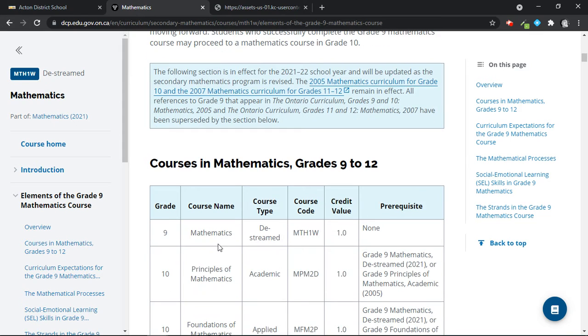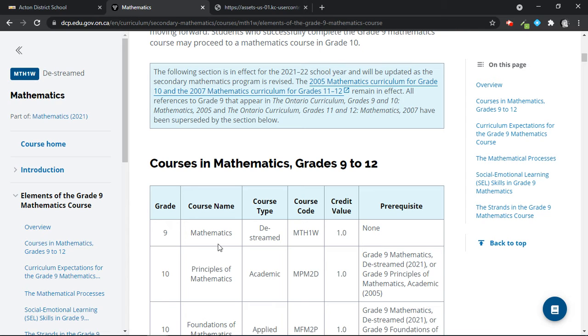The new curriculum will involve what you may term regular math. But then on top of that, we are adding in financial literacy, and some finances into the Grade 9 course, as well as we're going to be implementing some basics of coding and how to use coding within a mathematical framework. So there are some subtle changes to the program, but the biggest one is obviously that there is